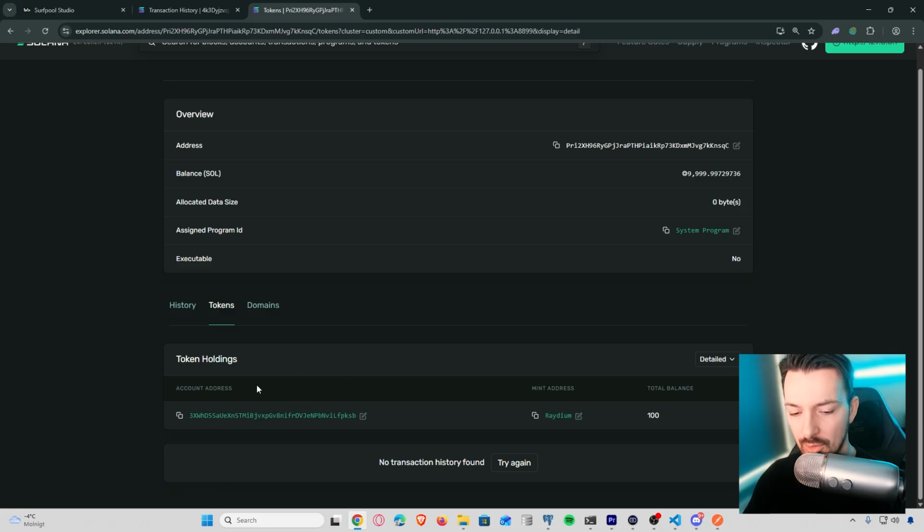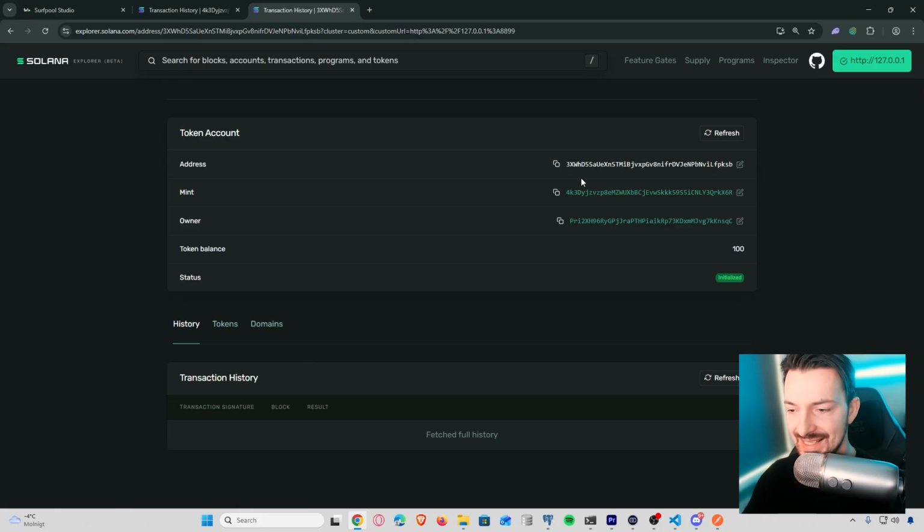And if we click on a detailed overview, you will see that we now have that associated token account here. Now, this associated token account has a program-derived address, meaning that this address is off Curve, and it was created once we airdropped these tokens into that account. And this address is unique to our wallet and the combination of the mint. We will always have this address if we buy Raydium tokens with this wallet,